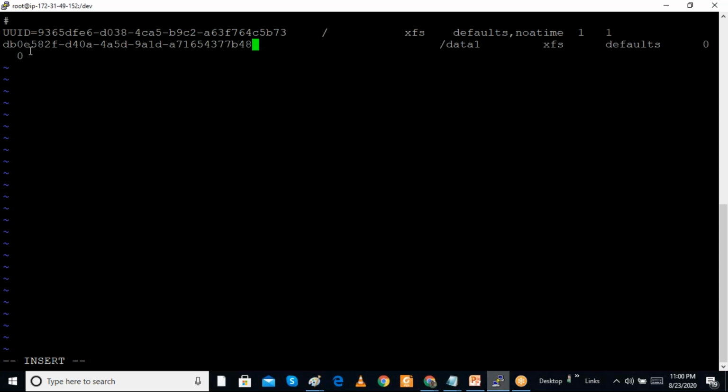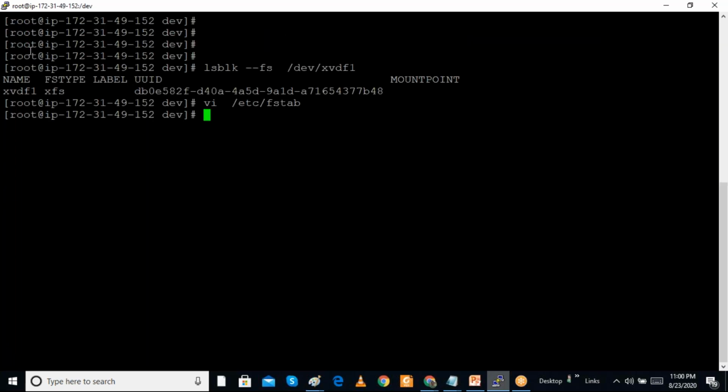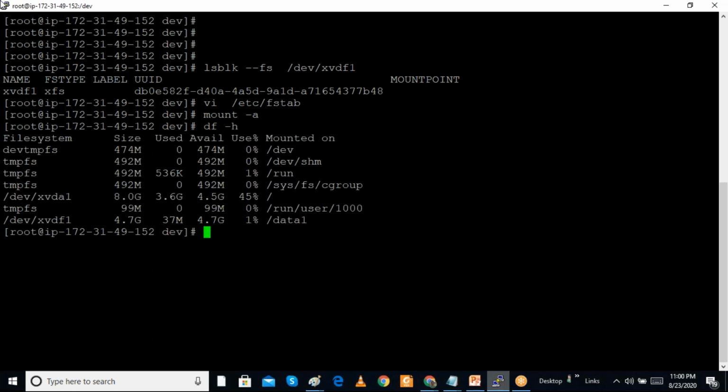In place of my device name, I can add the UUID, specifying UUID equal to this number. So it is going to mount based on the UUID number. We can either restart to check, or give mount -a, and then check df -h. This device is mounted, but we are mounting it through the UUID number.